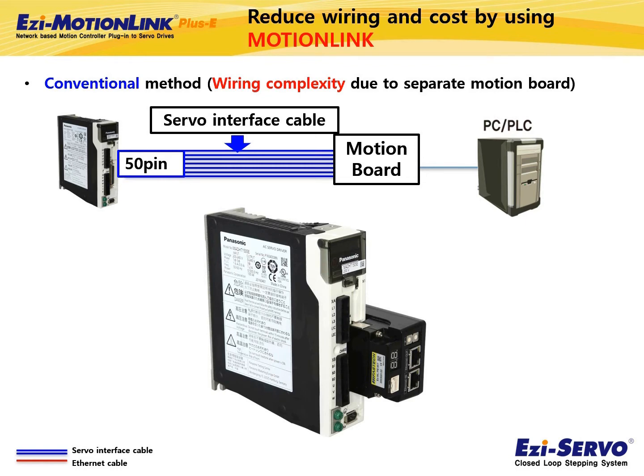As you can see, for example, there is a Panasonic servo drive. Motion Link can be directly attached to the servo interface connector of this Panasonic servo drive. The servo interface connector of Panasonic servo drive is 3M50 pin, and the most major servo drive also adapt this connector. Since Fastech Motion Link also adapt this 3M50 pin connector, it is compatible with most major servo drives.